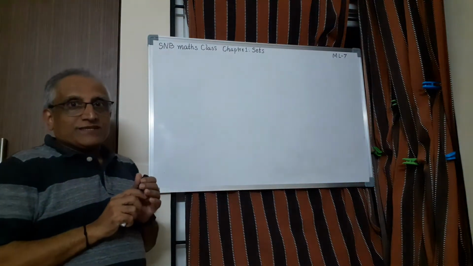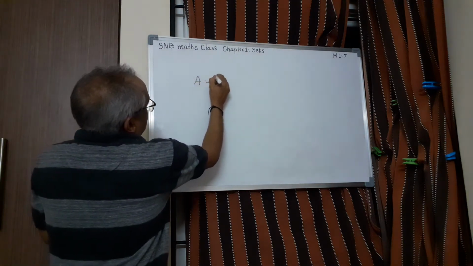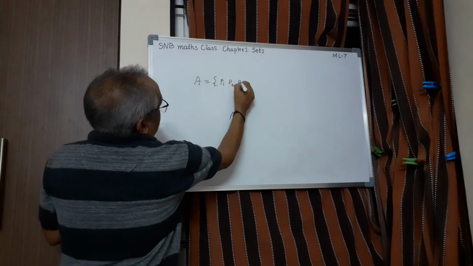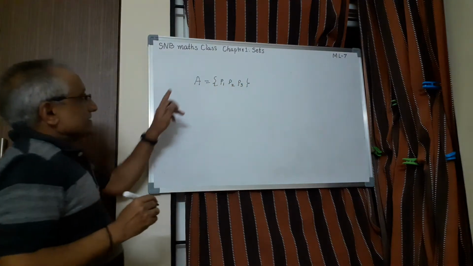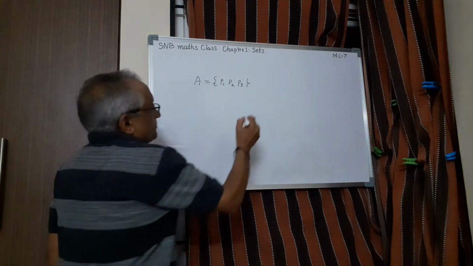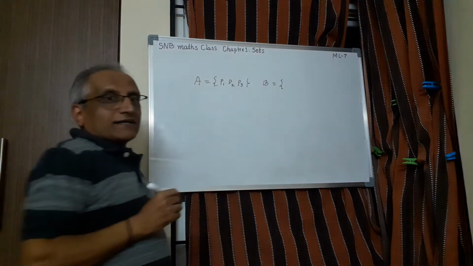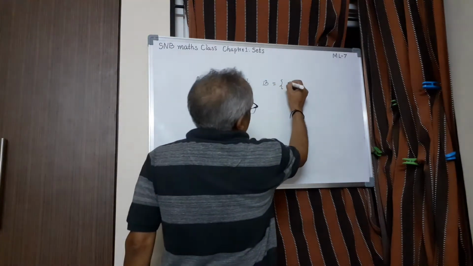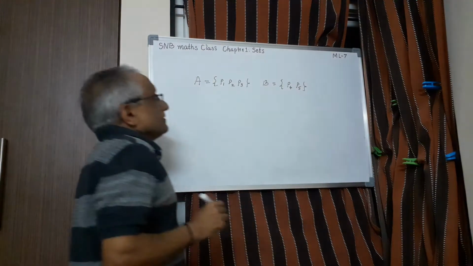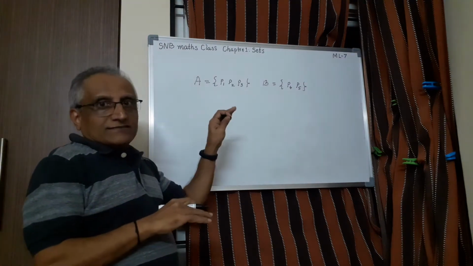First one is this. Imagine you have, say, three pens. Let me call them P1, P2, and P3. So this is a set of pens owned by you: P1, P2, P3. Suppose your sister or brother has another two pens, say P4, P5. Suppose I ask now, if you combine these pens, that means union.